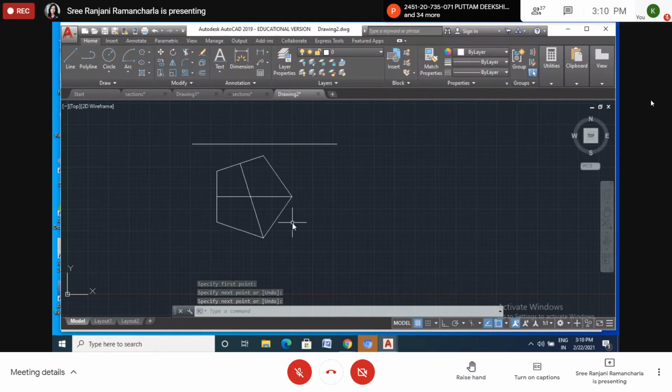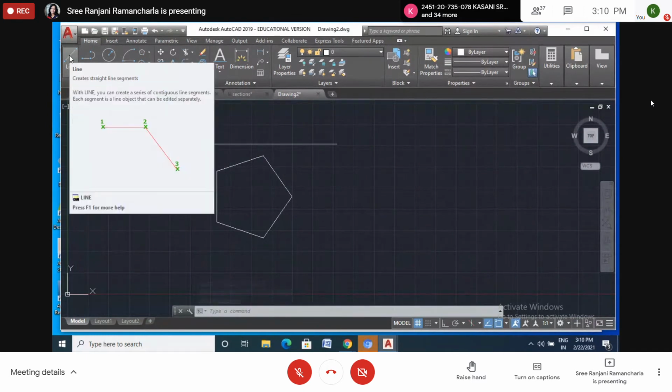Okay. When you draw manually, if you draw perpendicular lines of any two sides, the intersection of those perpendicular lines will be the center point. Now here in AutoCAD we are automatically getting the center point. So I want to draw the edges now to the center.